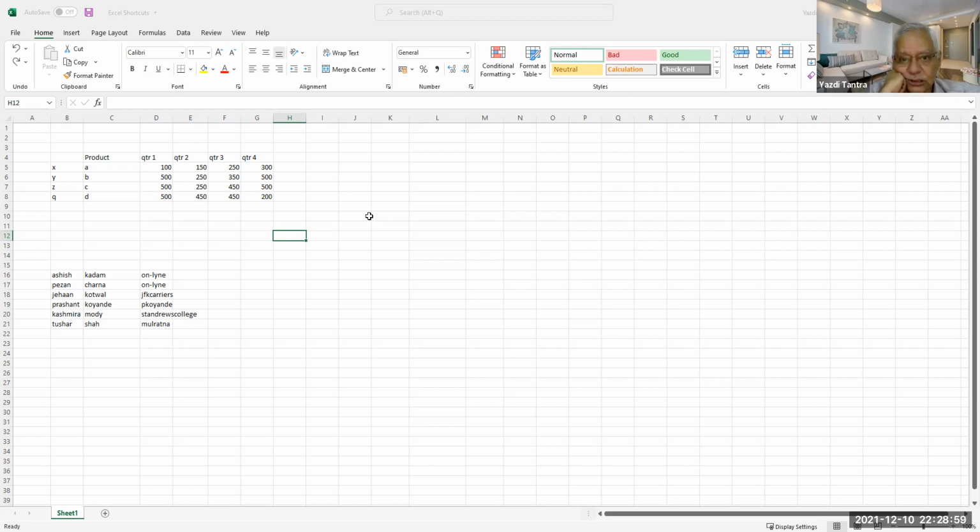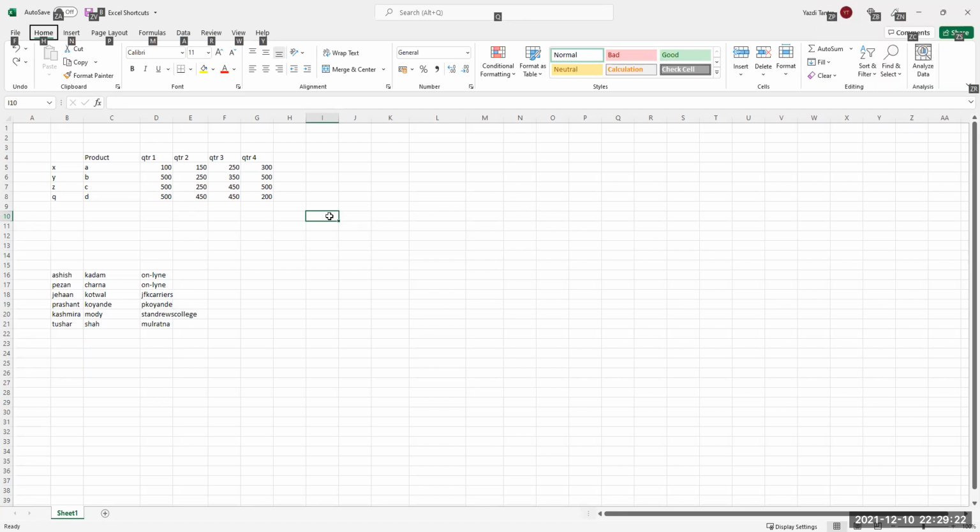Now, Excel allows you to do shortcuts by just pressing one key, and that is the Alt key. Suppose you press Alt. Alt plus 1, Alt plus 2. That's it. Oh gosh, now it is conflicting with our Zoom. If you press Alt, see what happens on the top. Every item on the menu has a shortcut.